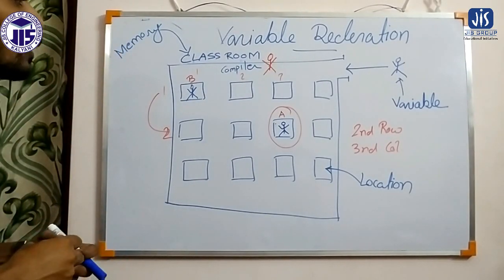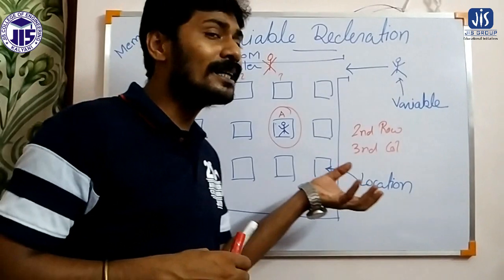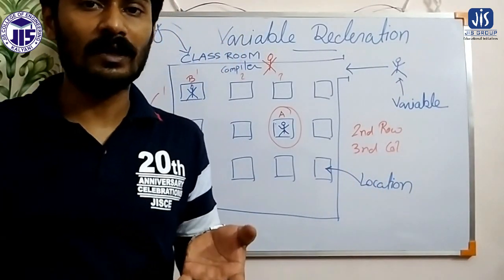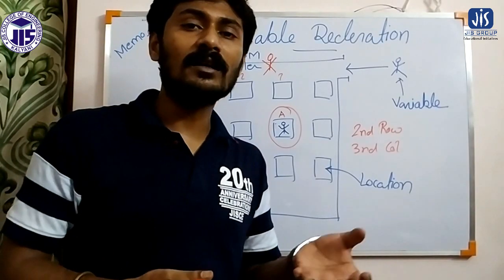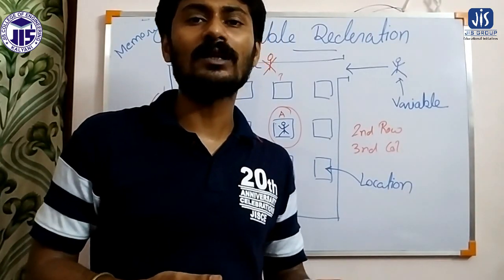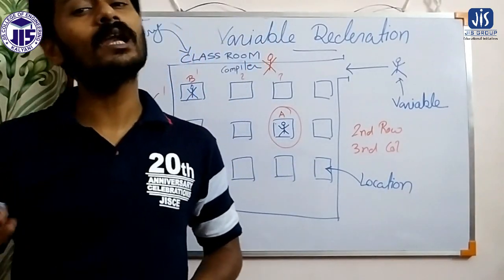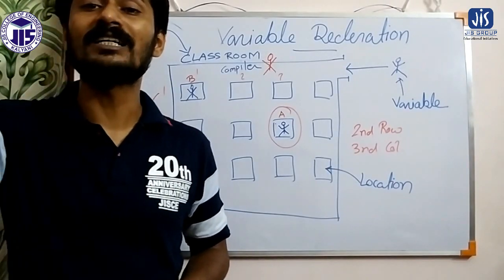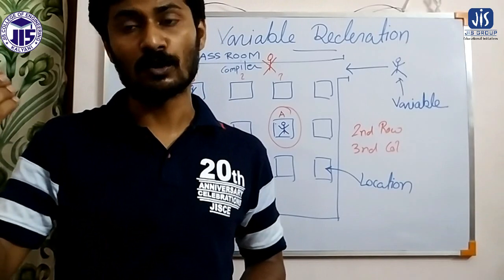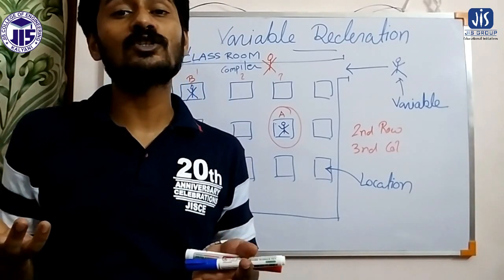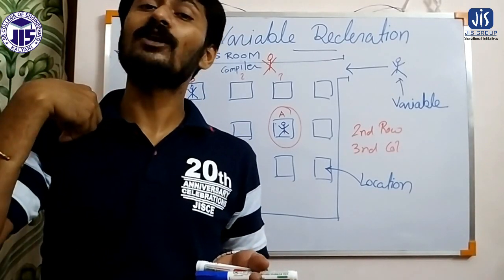So here you can see, if a teacher doesn't know the name of a student, certainly the student is very new to the class and the teacher cannot remember the name. So what can the teacher do? The teacher can call the student in that way also. The student sitting in the first bench, please respond. The student sitting in the second bench, please respond. So whenever the name of the student is not known, we can call the student by the location also.